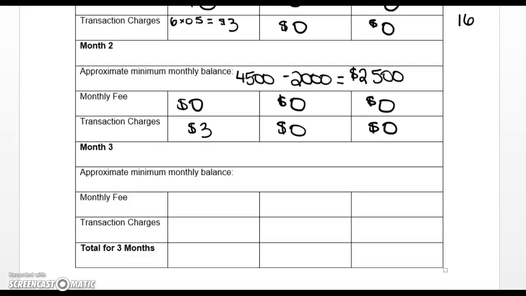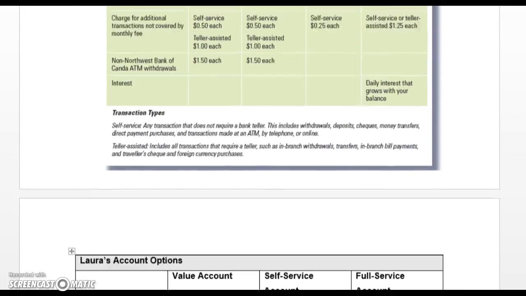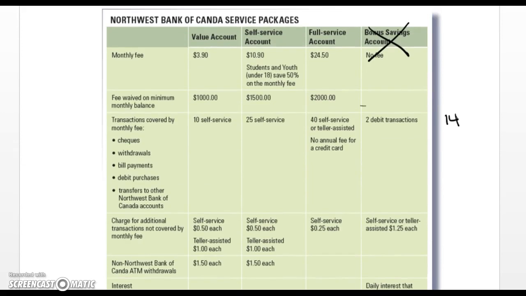So now we can look at month number 3. At the beginning of her third month, she would have had $2,500, and she would have spent $2,000 on living expenses, which leaves her only with $500 in that account. So let's see if she, in fact, has to pay any of those monthly fees. She's at $500, which means she has to pay for the first, the second, and the third account. So she's going to pay $3.90 for your first account, $10.90 for the second account,